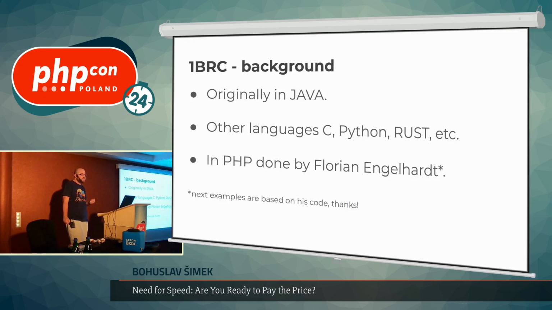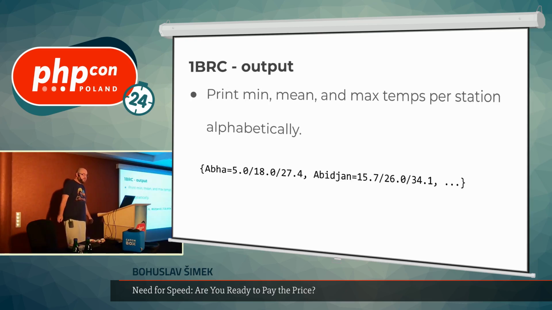In PHP, this has been mainly done by Florian Engelhardt, so many of the next examples are based on his code. I'm forever grateful for that, and I'm really looking forward to it because these are excellent examples of micro-optimizations and how they can actually affect the execution time. Okay, so what we want to do is print minimum, mean, and maximum temperature per station,